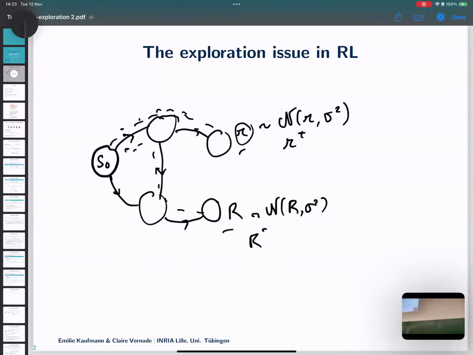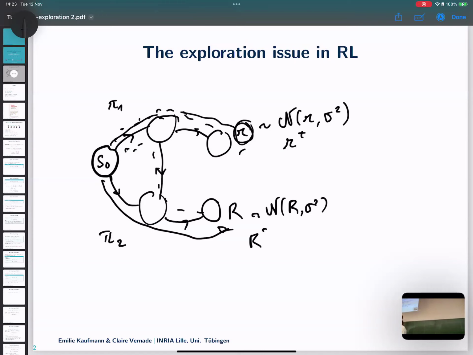So far, if you don't introduce more exploration, you might just be happy with the policy that you've tried so far. You might just be happy with this policy that goes most of the time here and had observed this small reward. Whereas a policy that would go more often here would, with higher probability, get higher rewards. So let's say that this is policy pi1, this is policy pi2.